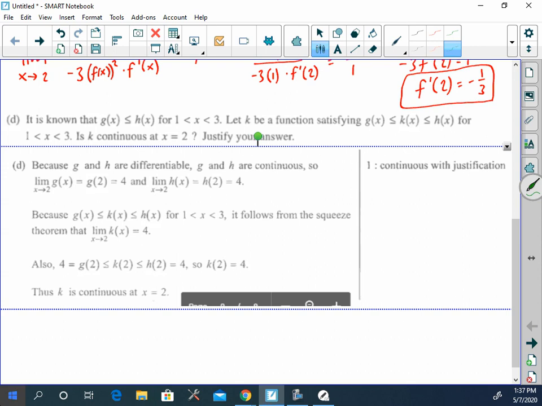I would kind of wing that one. I wouldn't like spend a bunch of time memorizing it or have like the squeeze theorem written off to the side because you have so many other notes to deal with, and I have not seen that before in my dozen years of teaching. But the concept itself, you might be able to pull off that point. Realize it's only 1 point too, and that's 1 point out of 12 points. It's not like it's a crazy hard question, but it wouldn't be something I would focus too much